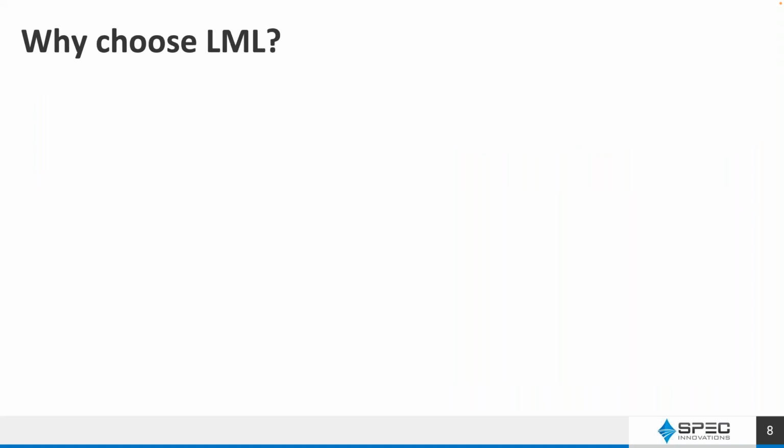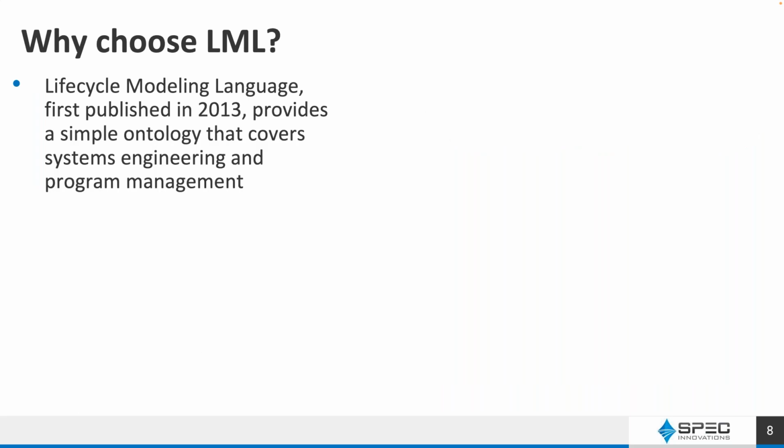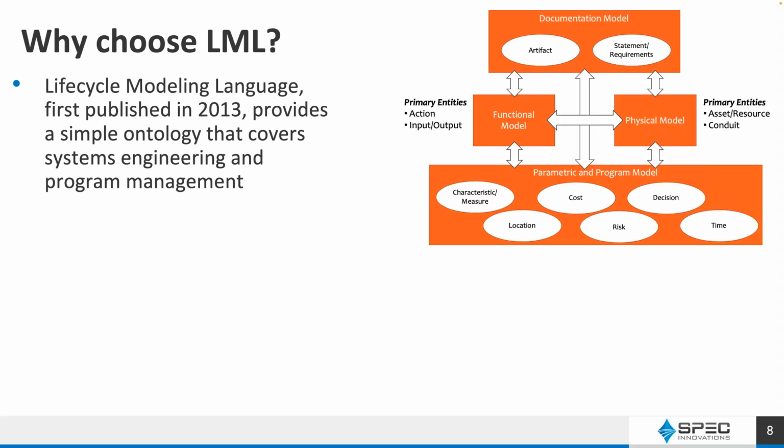So why choose LML? Well, first of all, LML has been around since 2013. It provides a very simple ontology that covers systems engineering and program management. So it already gives you a lot of the entities, relationships, attributes you need for this. And here's the set that's there. There's a documentation model, where the artifact is the container of the statements and requirements in particular. There's a functional model where you have actions and inputs and outputs, and a physical model with the assets and conduits connecting the assets. And then a parametric and program model that has some of those other factors that you need to capture. Your metrics, your measures,